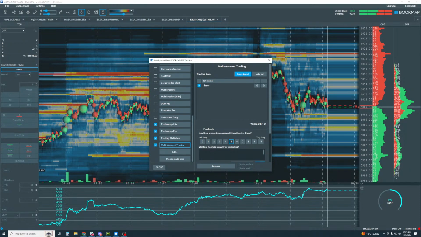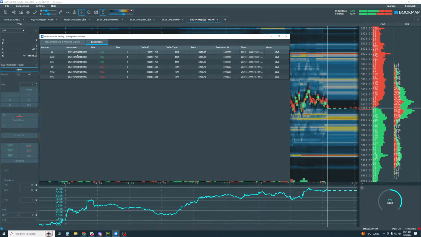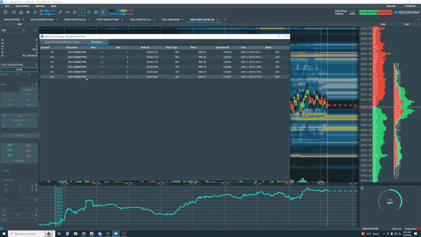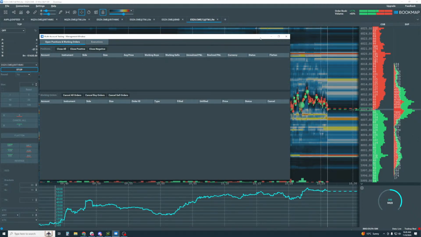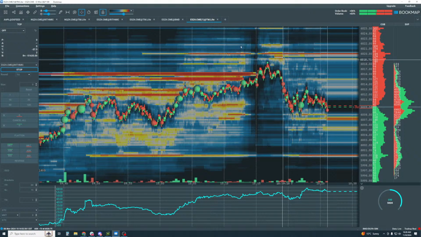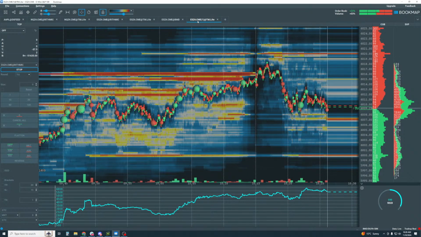We'll open up the panel here. You can see I took some trades earlier and some executions, but I have my open positions and working orders here. So no open positions or working orders, but previous executions here, on that tab. All right, so I'm good to go. I'm ready to trade. And in fact, I'm going to be trading off of the ES chart here, but it's